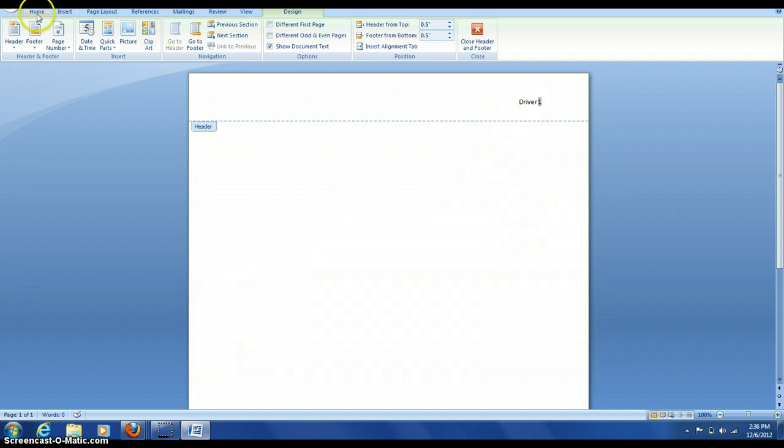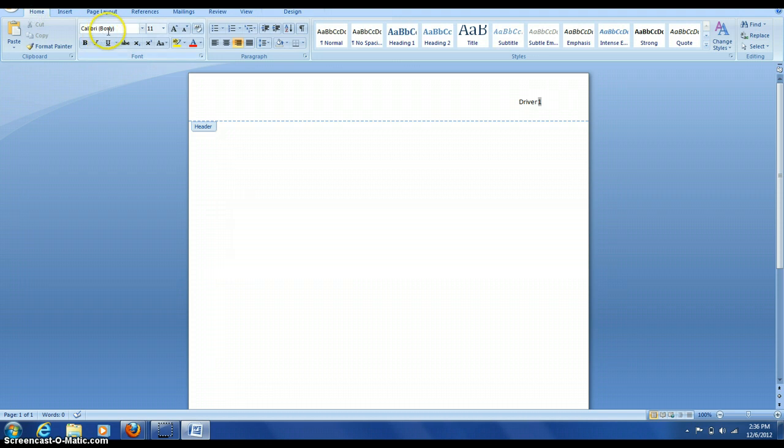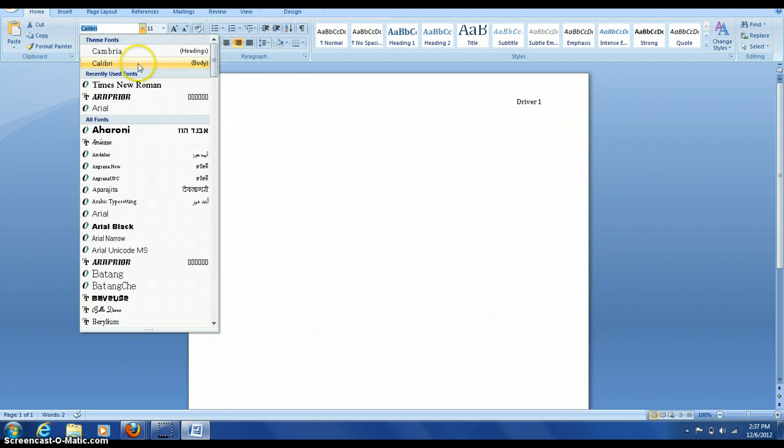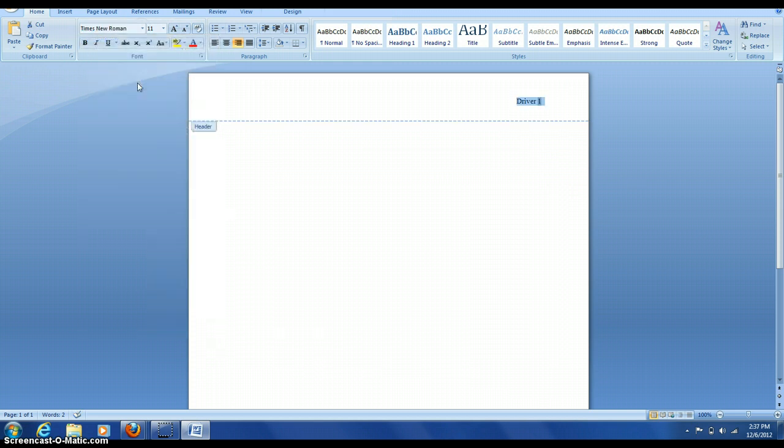Now notice, I'm going to go back to home again. Notice that the font is not 12 font Times New Roman, which is the font that you should use in your essay. So I'm going to go ahead and highlight my last name and page number, click on the font style, and change it to Times New Roman. Then I'm going to change the size to 12 and click on anywhere in your text. Now you have your last name and your page number embedded into your header,